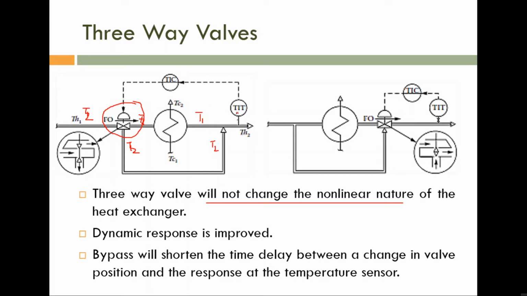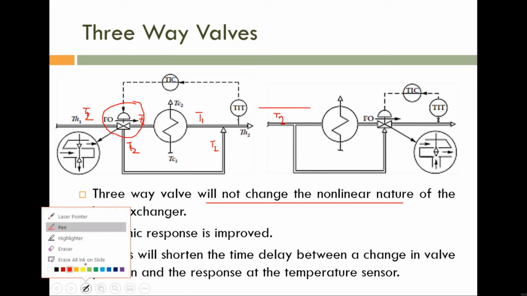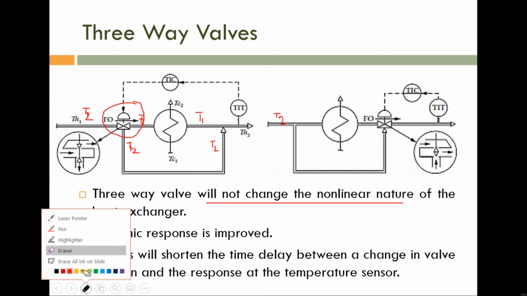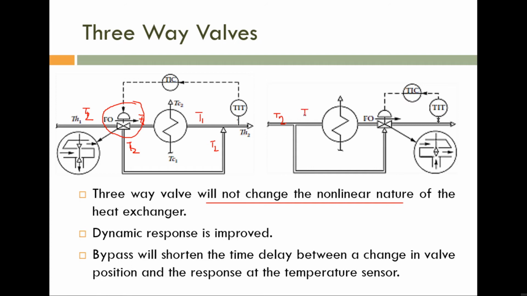What about this particular one? So this one is an inlet liquid, the process medium with a temperature T2. After splitting, this temperature is T2 again. So this temperature is T2, this one is also T2. Now here also the temperature of the bypass line is T2. But what about this one? After heat transaction, that one is increased to T1. Now after mixing, this one will be the weighted average value, so maybe T output. So you can see that around the control valve, the temperature is different.